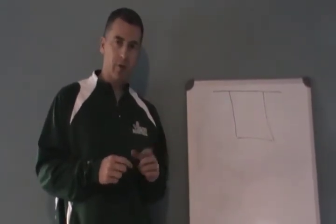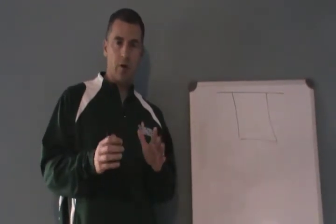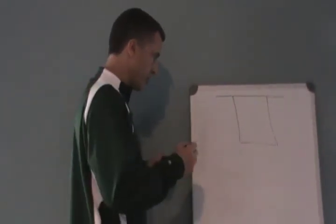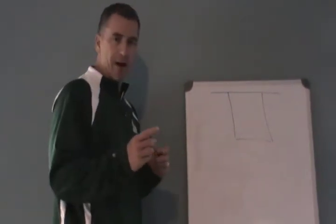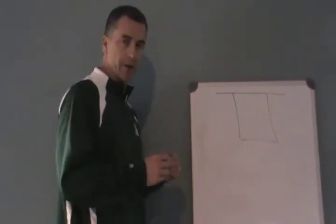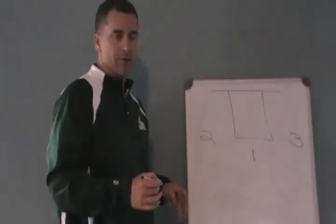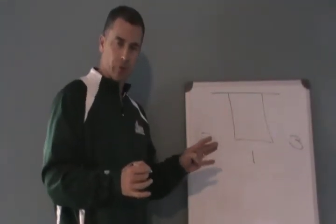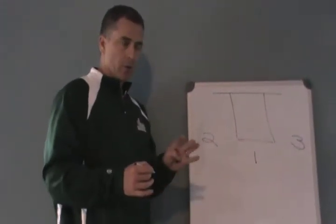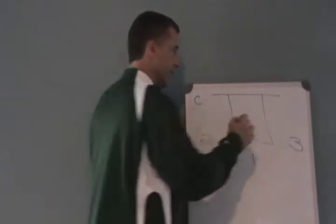And what we want to do in this part of our Drill of the Week is to show you the offensive side of our 3-on-3 drill. And here's how we want to do it, in terms of adding a little something to it that really might help your squad get better. If we have 3 offensive players to start out in 3 basic spots, just like we showed on the video, and as you've tried in practice, the one thing to add is to have a coach, or if you're lucky enough to have 2 coaches,